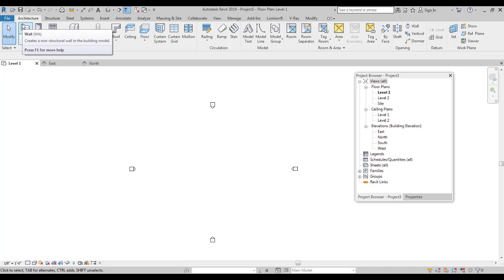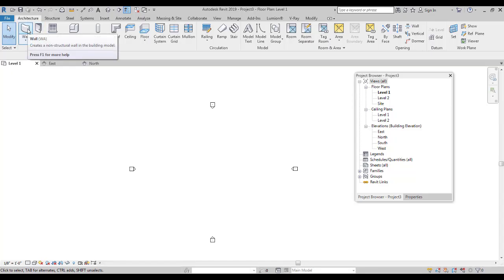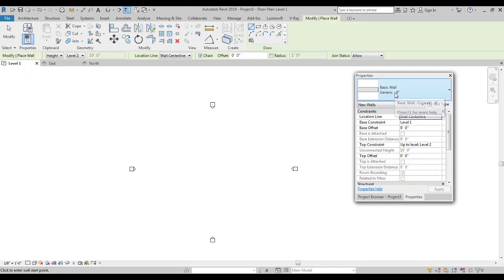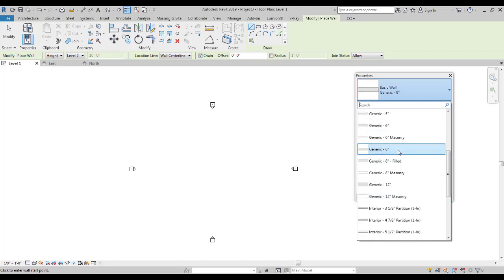So as far as the Revit Architecture tab is concerned, most of the important components such as the wall, doors, windows, columns, roofs, ceilings are pretty much over here, and you guys will be using that a lot. Just go to the wall over here, click on the wall, go to the properties palette, and this is the wall that we have. This is the basic wall, generic. Click on the drop down arrow and you can select any wall of your choosing. I'll be using the generic